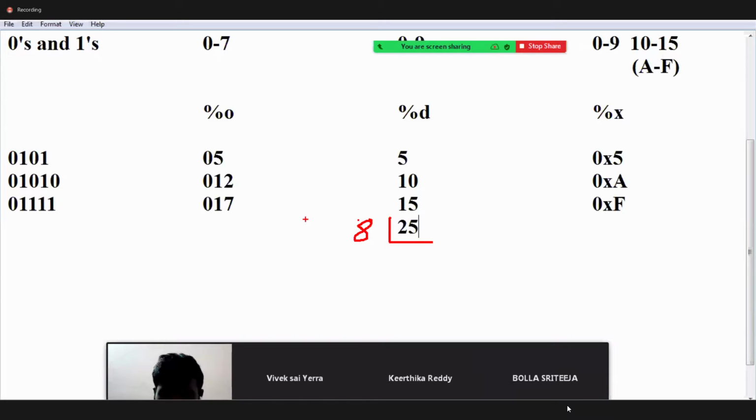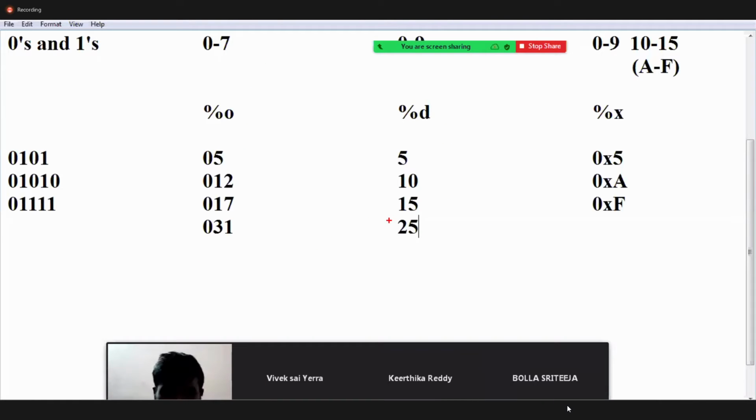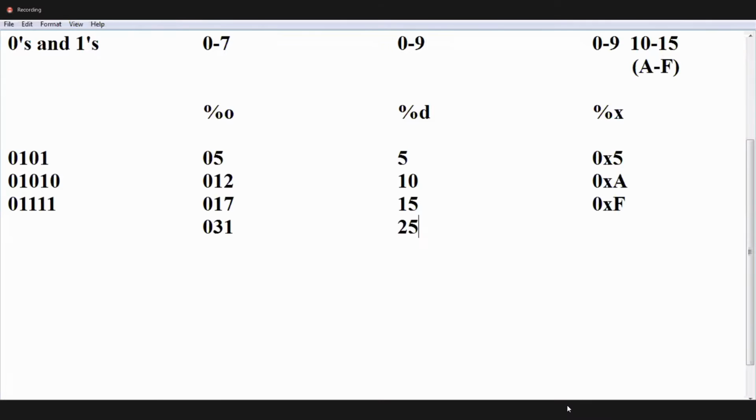Octal, I will represent 3 times. Remainder is 1. 031. This is octal. Hexadecimal, guys. How to represent hexadecimal? By 16. How many times, guys? One time. Remainder is 9. 0x19. Clear? Yeah, we represent 0x19, guys.